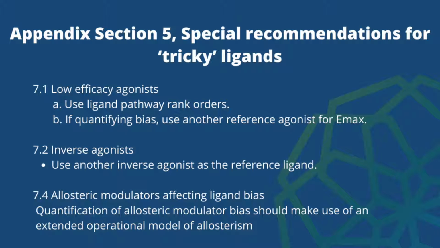Another type of tricky ligands would be ligands that agonize one pathway, but are neutral antagonists in the other pathway, giving no signaling. In this case, you cannot calculate the quantitative bias, but you can calculate, for example, rank orders. There's also what you might call inverse modality, where you maybe inhibit one pathway and stimulate another. This is what we refer to as modality bias in the guidelines. So you can get a full differentiation of the effect, but you do it via the modality of the ligand.